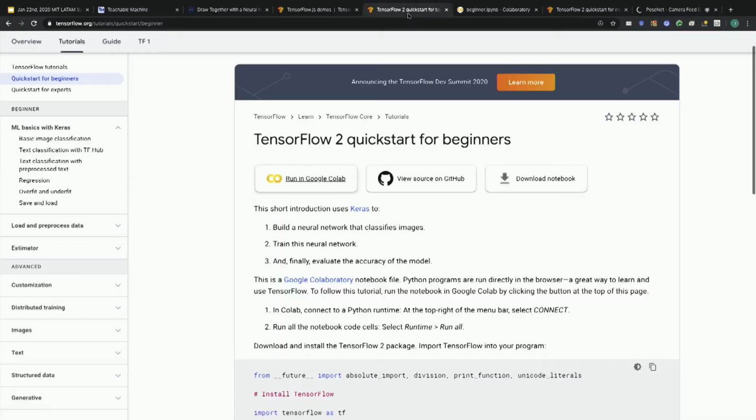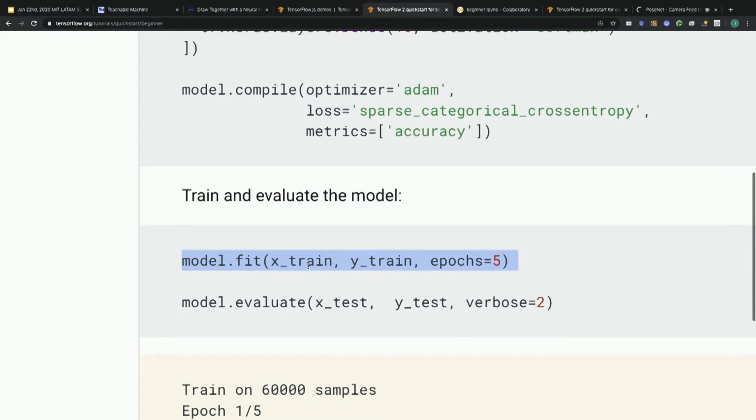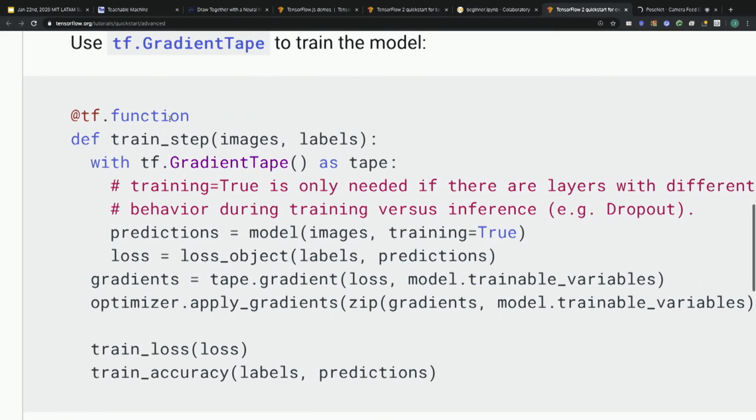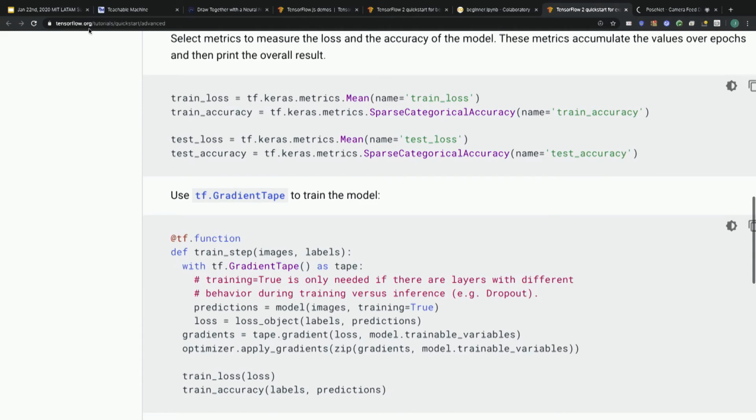Another nice thing about our expert style is in the beginners, we trained our model with model.fit. But maybe you're a mathematician and you're writing a new gradient descent optimizer and you'd like to see exactly what the gradients are so you can work with them. In our experts example, instead of model.fit, we've written this. And this is a complete training loop from scratch. What we're doing is we're calling the model on some data, we're calculating the loss, and here's where TensorFlow does autodiff. We're getting the gradients of the loss with respect to all the variables in the model. And you can print them out, and there are the gradients, and you can modify them however you like. So basically, that's what TensorFlow 2 looks like in Python.